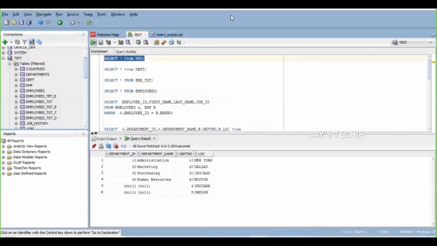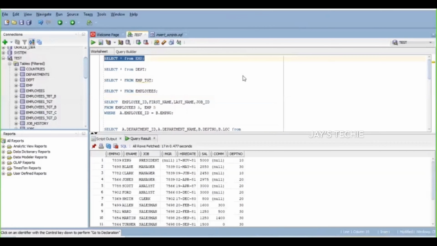Yeah, so you can see the results over here. If you want to move the records from the employee table to the employee target table, it will be a truncate and load, so it will be an insert. Once after inserting the data into this table, if you want to update a few records, for example, to update the name for 78392 of King into something like Queen or John, then you have to do an update based on this employee number. So we can also do an update, insert, delete, or reject.